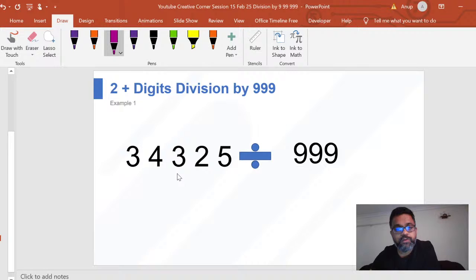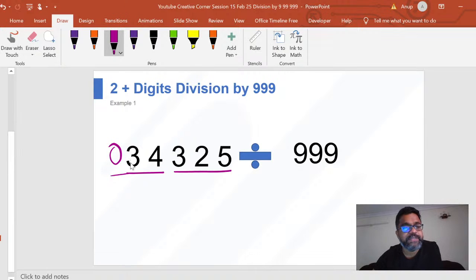999 also, as I said, before there were 2 digits, now you will make pairs of 3. Now it's okay if you feel that you're going to make pairs of 3 and there's only 2 digits, but you know what, this is actually equivalent to a 0, right? So it's actually equivalent to 0, 3, 4. It doesn't make a difference, right?